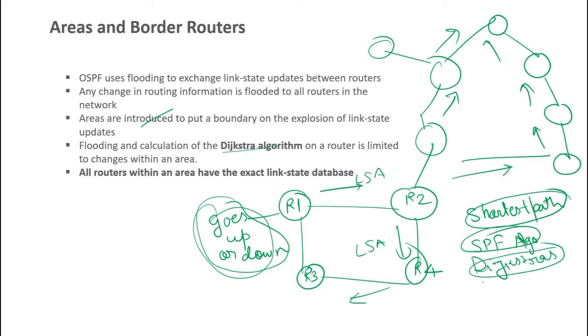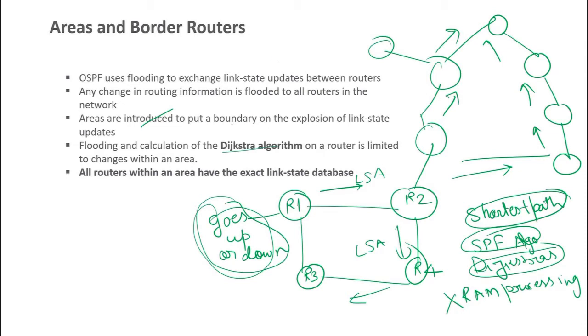So running this Dijkstra algorithm takes the RAM and processing of the router. Unnecessarily, it is utilizing the RAM and processing of the routers, and it will make the working of OSPF very slow. If your routers are not so strong and not very high-end routers, they will not respond quickly, or our OSPF will slow down. So to sort out that problem,